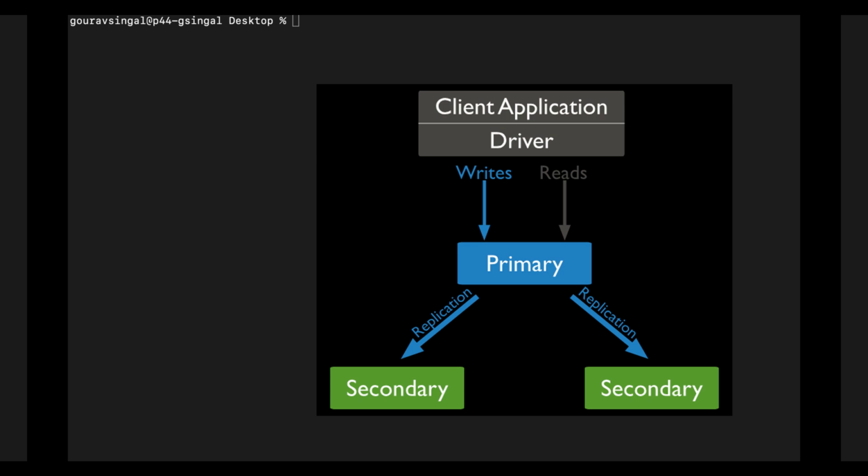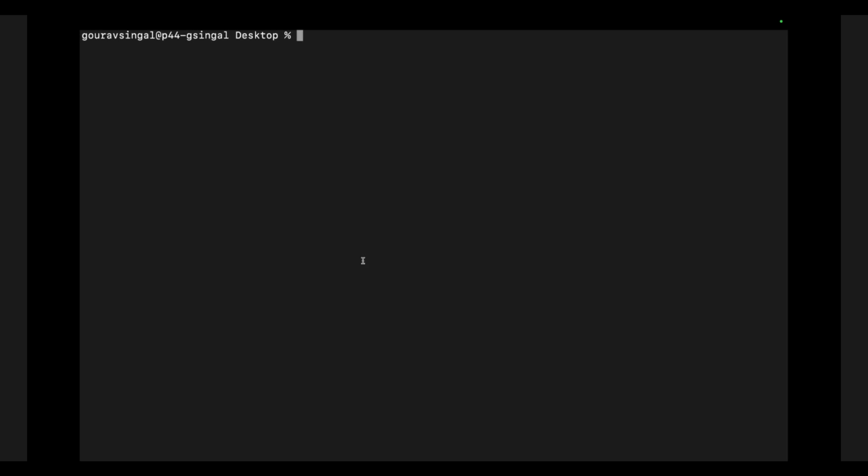So a replica set gives you high availability, because if any node is not available, then another node can serve the request, as each replicated node has the same data. Automatic failover: if any node dies, then automatically another secondary node gets elected to be primary and serve the request. So first, let's set up the Docker network.